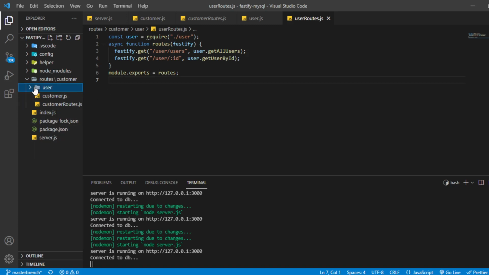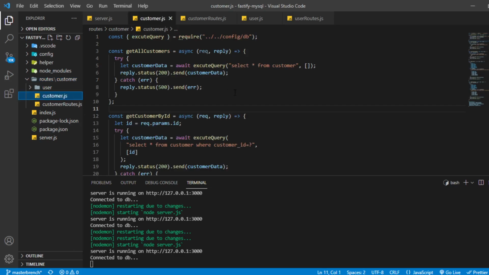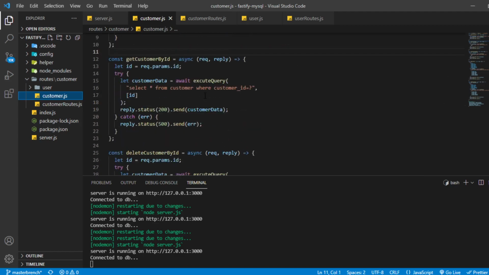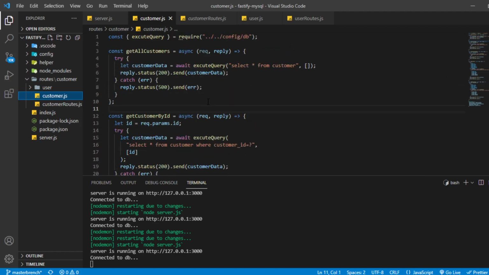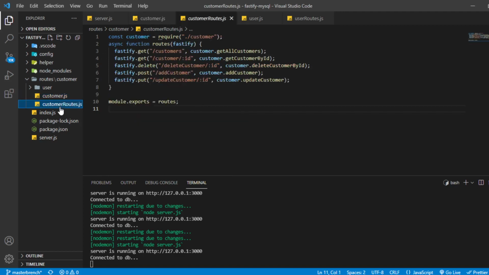And the same thing I'm doing in the customer as well. If you see customer, there I have first created a customer folder, and then inside the customer folder I have created a customer.js, and this thing we have done already. So we have made some functions here, and they're dealing with the database as well. From here I did not use any customer before, so I'm going to use that now.